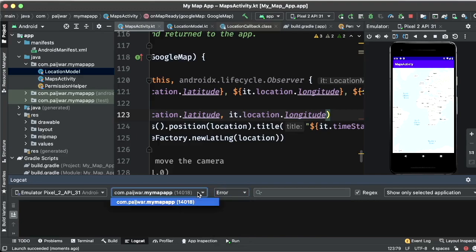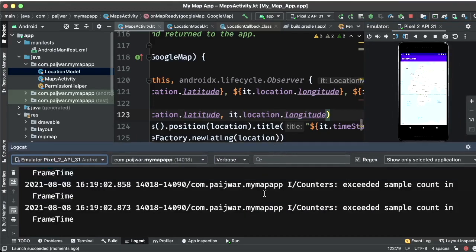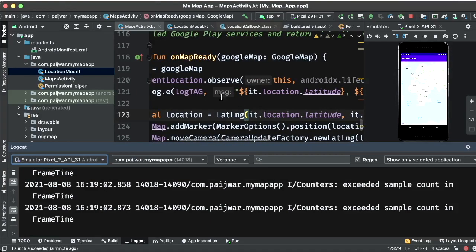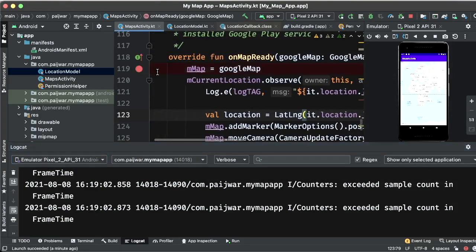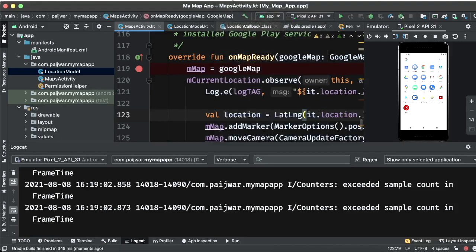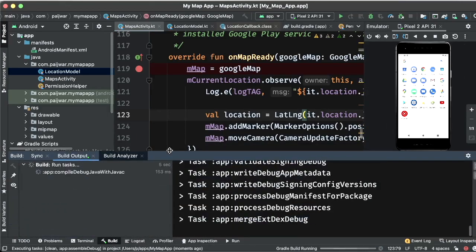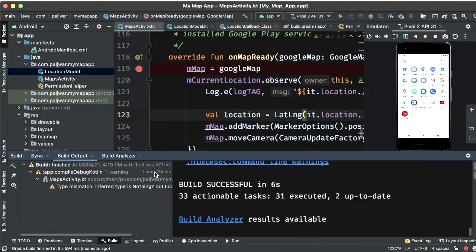Is it running? Don't know whether it's running or not. Okay. I guess we have to be sure, so we'll clean the project one time and rebuild the project. How much time is it going to take for rebuild? 6 seconds.